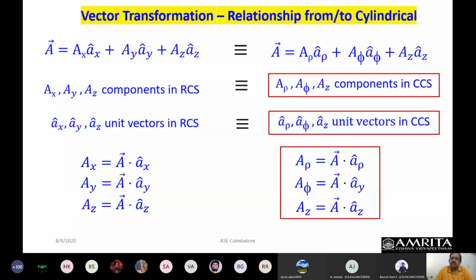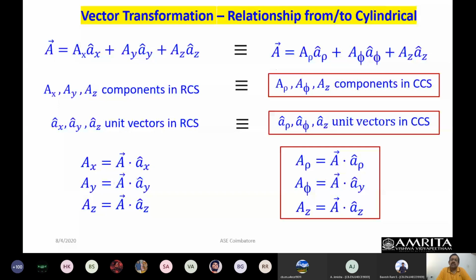That is because the cylindrical coordinate system is an orthogonal coordinate system. So is the rectangular coordinate system. So is the spherical polar coordinate system, that we will learn in the next class. So there is no doubt about it that we can write these components in this form. Once I write these components, I can actually get these components.